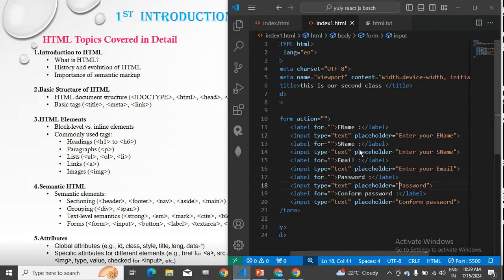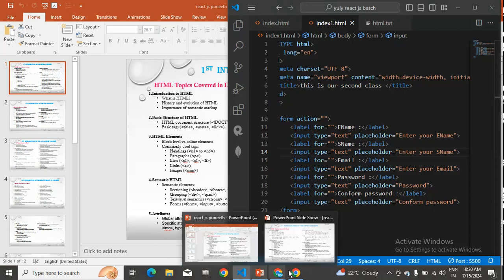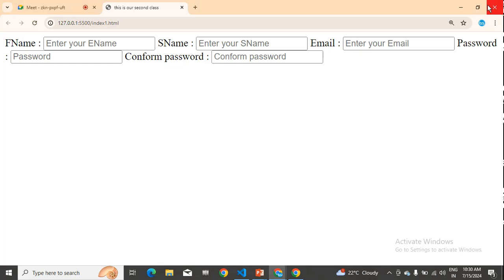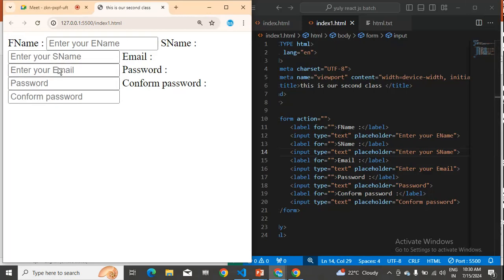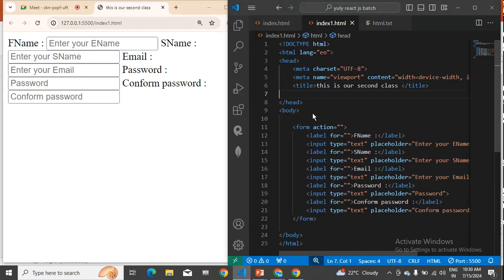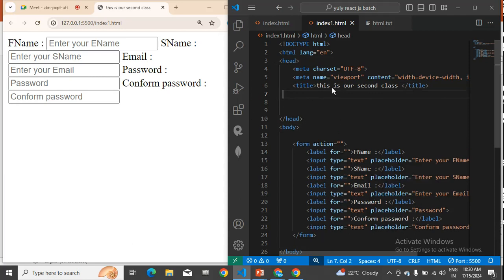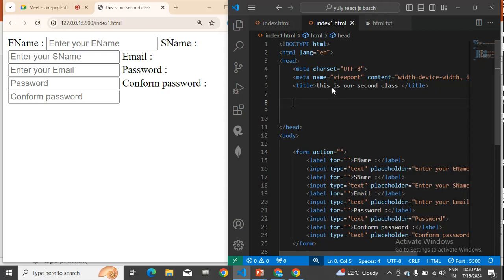And suppose what if I want this input tag full width? So I'll open my browser and minimize it. Let us apply some CSS now. Please notice that I'll be using the inline CSS. Whenever we use the inline CSS, we need to write inside the header tag. Please note this down. So I'll be writing inside the header tag,